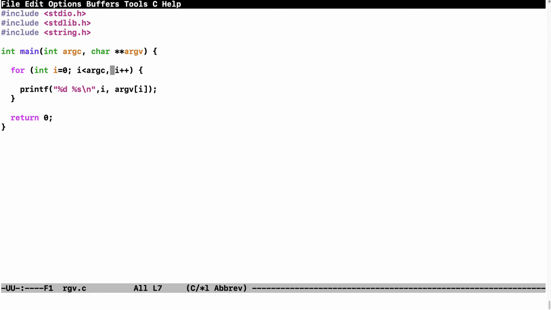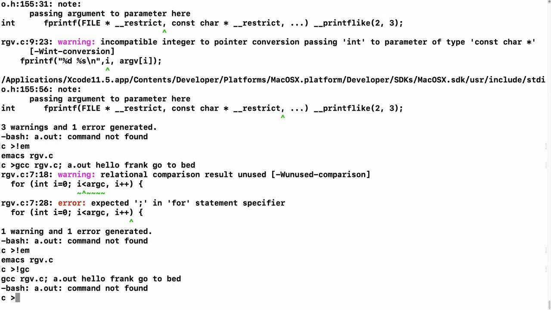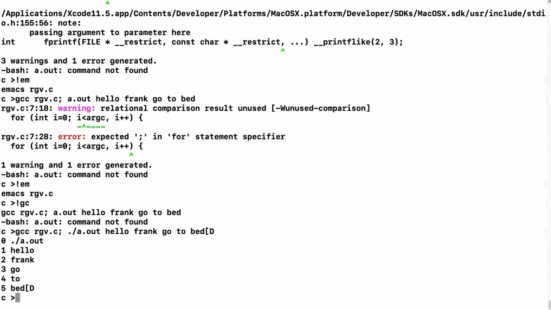As I say, the compiler will show you all the errors. gcc. There we go. So there we have argument 0 is the first component, that is the program name,